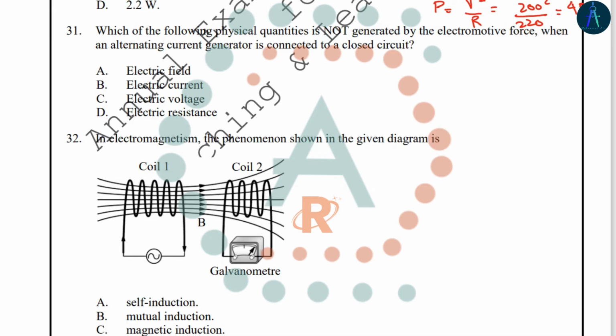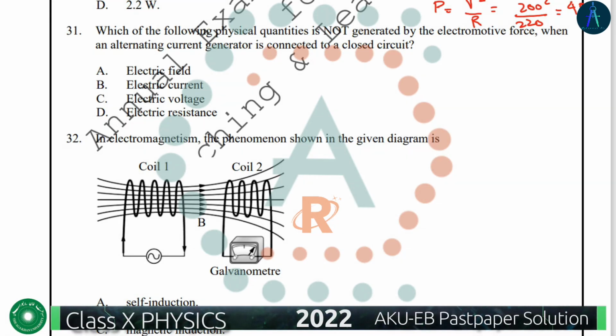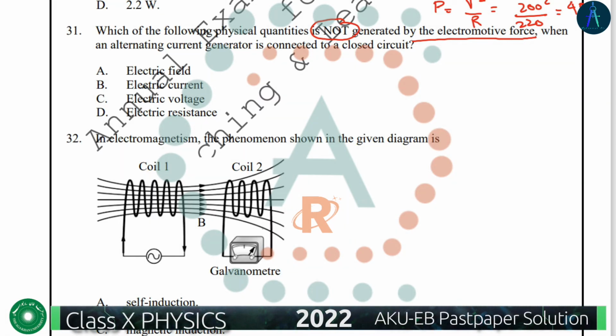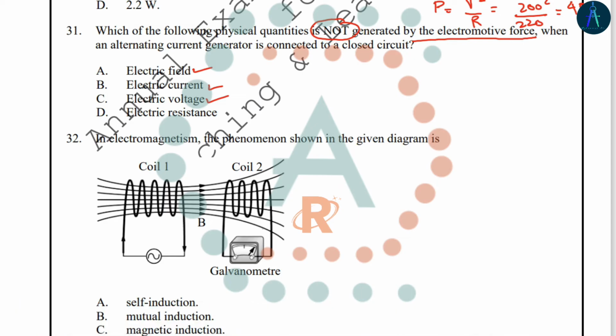Then we have question number 31. Which of the following physical quantity is not generated by the electromotive force when an alternating current generator is connected to a closed circuit? So whenever electromotive force is generated in an AC generator, there will be induced voltage, and due to that the induced current will flow, and there will be an electric field, and the correct answer will be option D, that is the